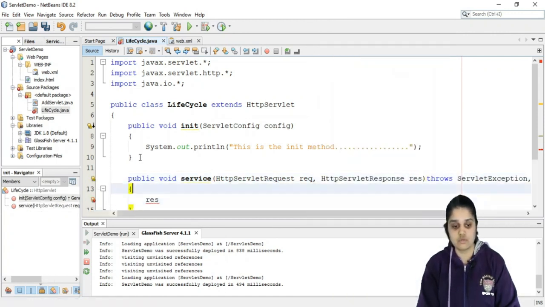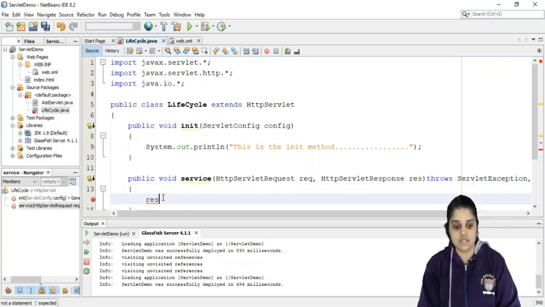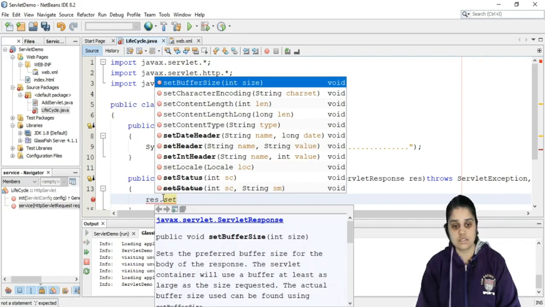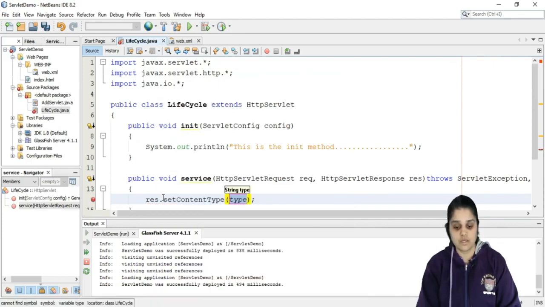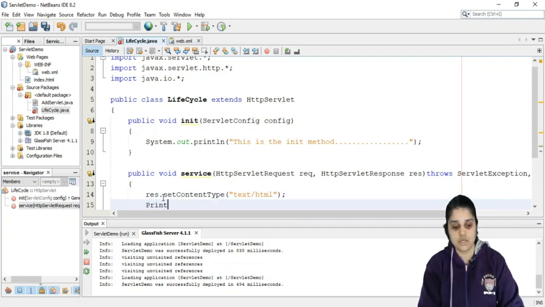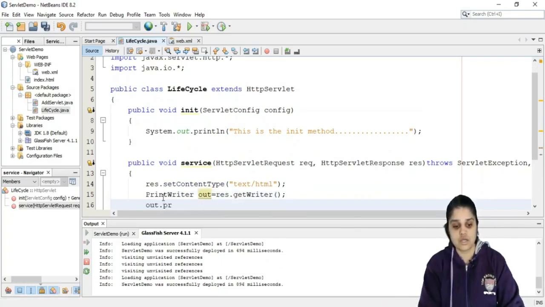Now I will be able to use res.setContentType, and content type is text/html, and PrintWriter out is response.getWriter. Using this we are going to write service method.